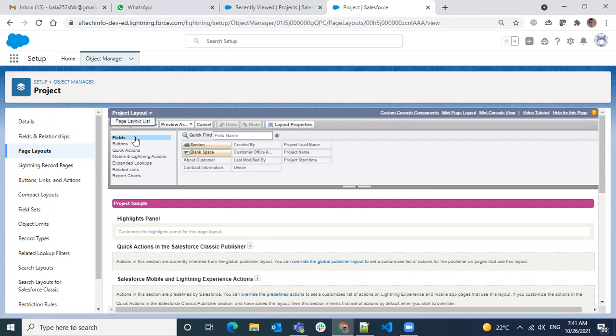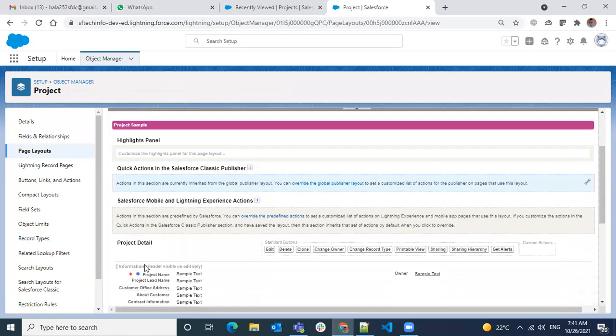Then you have Save, Quick Save, Preview As, Cancel, Undo, Redo, Layout Properties. There are also the Mini Page Layout, Mini Console View, Video Tutorial, Help for this page, and Custom Console Component as well. Okay, we'll come back to all of this later.